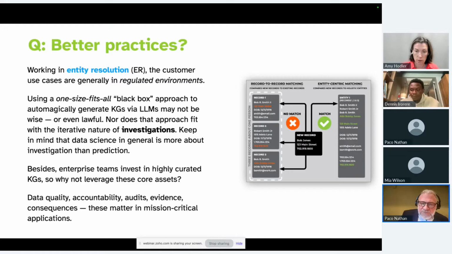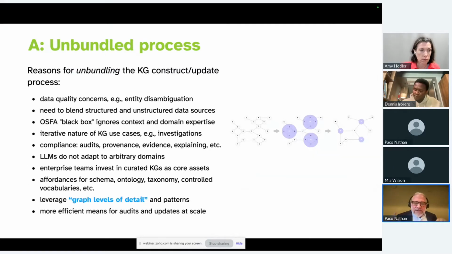And so that fits with an idea of, let's take this process of graph construction and unbundle it and really pull it apart. There's a lot of really good reasons why. The big one is you want to have good data quality. And realistically, in most of the graph practices that I worked in production, we needed to blend both structured and unstructured data sources. And this is something that the current generation of open source GraphRAG libraries aren't really doing so well.